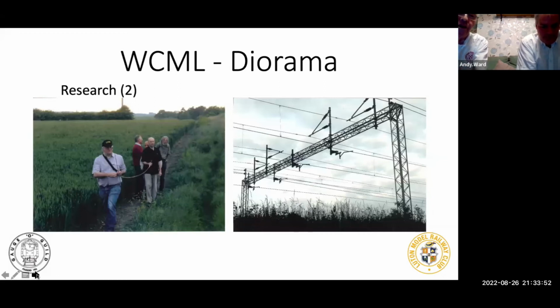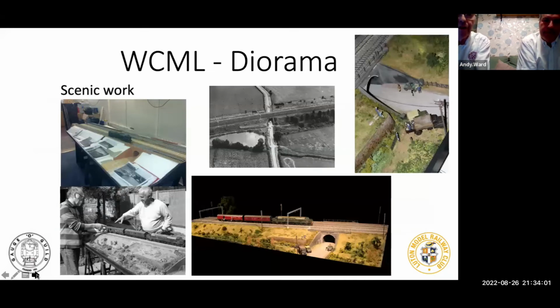It's the one that was taken on the night of our research. So it's not how it quite looked, and certainly doesn't look like that now. Next slide, please, Jackie. So here we are at the beginning of our construction phase, the scenic work,